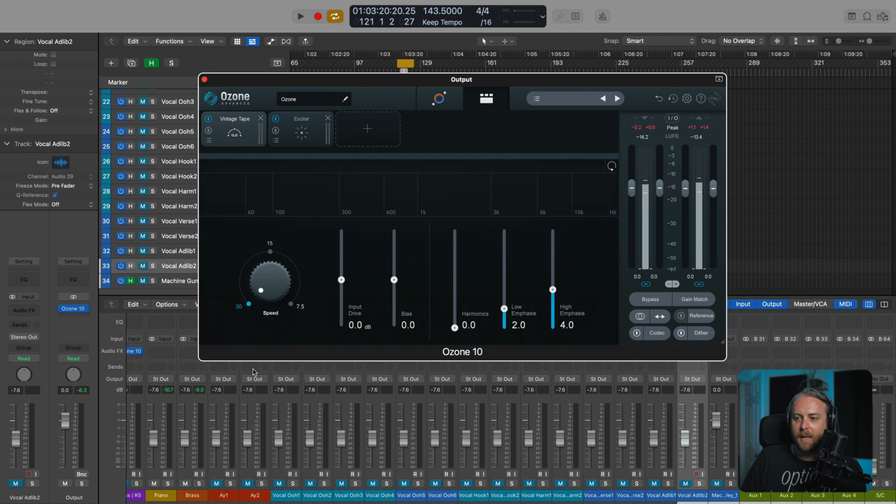I'm going to leave it at 30 and let's bring the input drive up. So we're not clipping or anything, but obviously we're driving a lot, and so we're getting some crunchiness. Let's back that off. So the bias changes and affects the shape of the distortion curve. If we bring this bias down, we're going to accentuate high frequencies. If we bring it up, we're going to get a very different kind of harmonic saturation footprint.